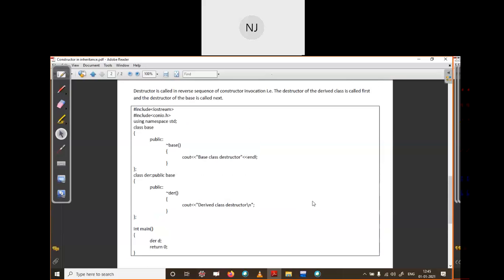The concept of a destructor says that if you do not destroy your memory, it may be misused. If the program is very lengthy, with a thousand lines, and you write many classes and create many objects, then after completion, or if there is no need of that object or class, you just destroy it.